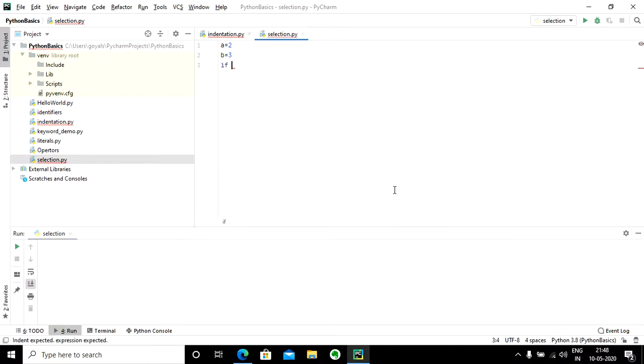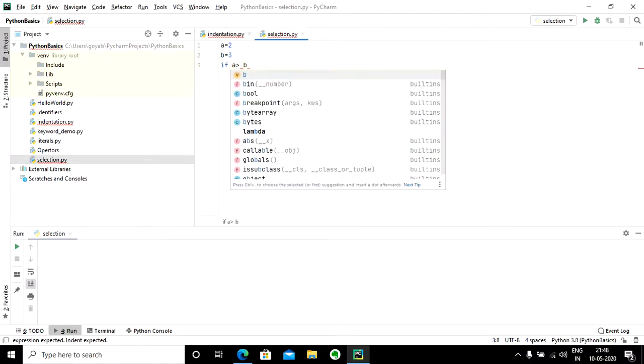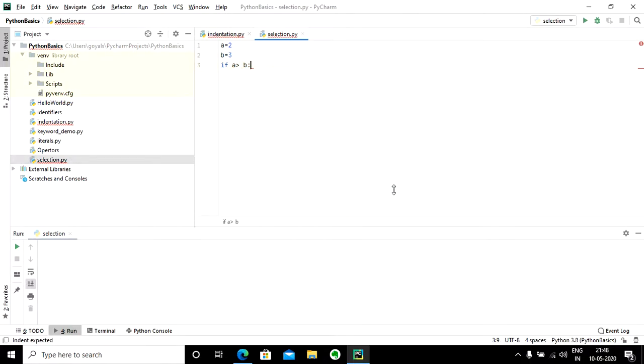So I'll check if a is greater than b, start the block, and print a simple statement that a is greater. Else, since for this example I am not considering equality, I am just saying print b is greater. So this is how the code is.